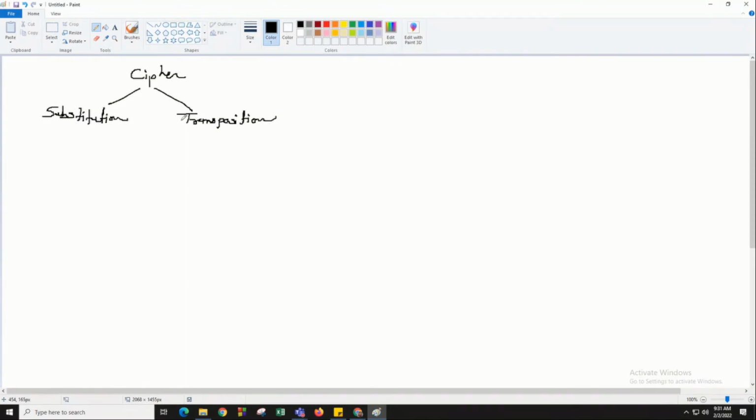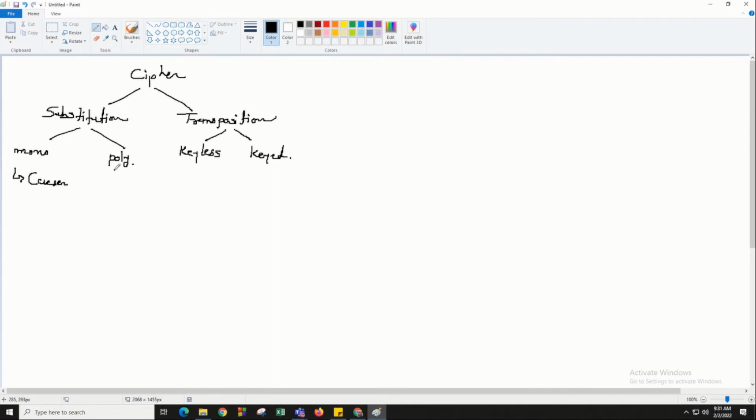transposition cipher, right? In substitution cipher, we know there are again two categories, monoalphabetic and polyalphabetic. In transposition, there are again two categories: one is keyless and another one is keyed. In monoalphabetic, in your practical session, we have seen Caesar cipher.